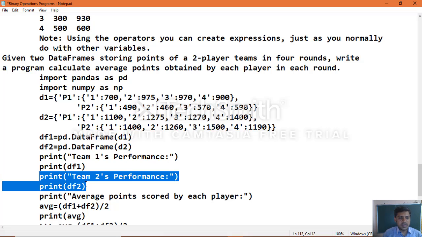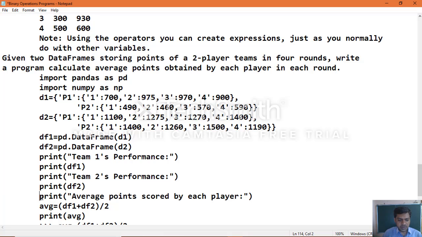Now our aim is to calculate the average points obtained by each player in each round. So after printing the actual data frame objects, for the average points scored by each player, the formula you can make use of is AVG equal to (df1 plus df2) divided by 2.